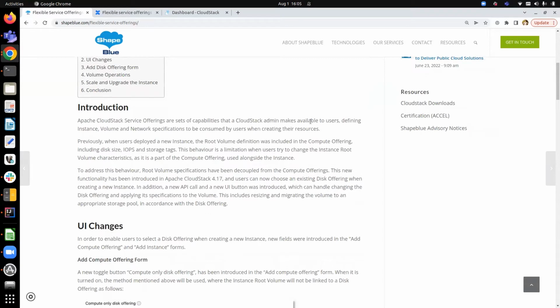CloudStack already has the concept of service offerings, using which admins allow users to define their virtual machines, volumes, and networks using compute offerings, disk offerings, and network offerings. This feature is more about compute and disk offerings and how they are linked. So prior to this feature,